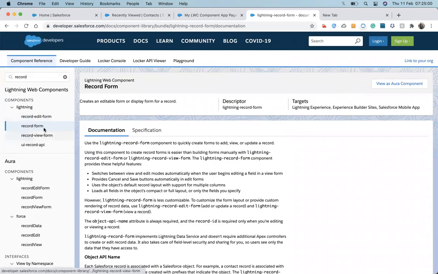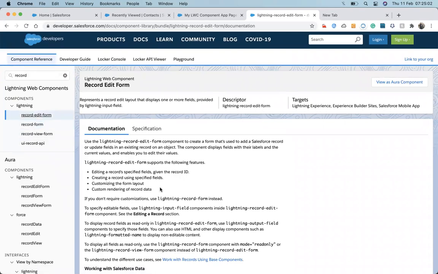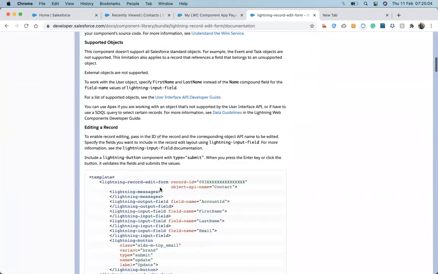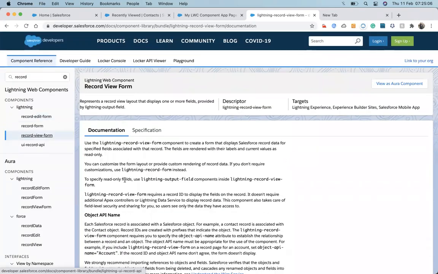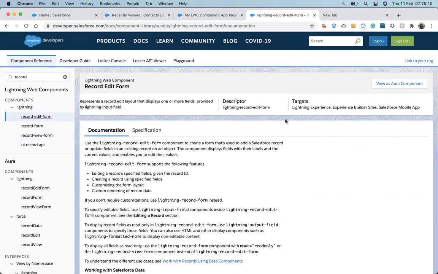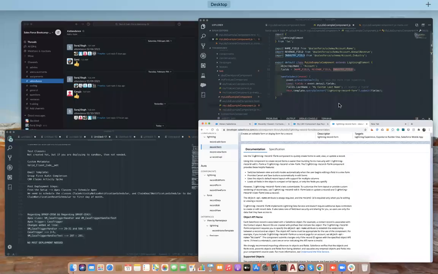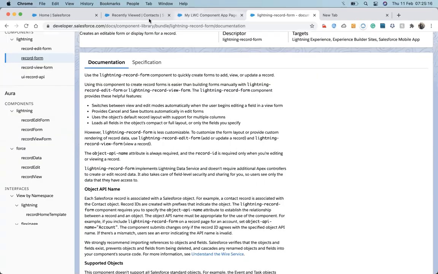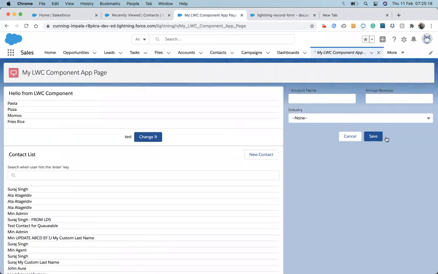We have record edit form and record view form. In the record form, you can see that it automatically gives the save and cancel buttons.